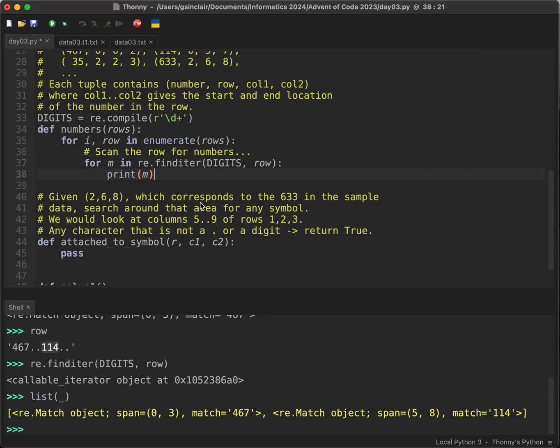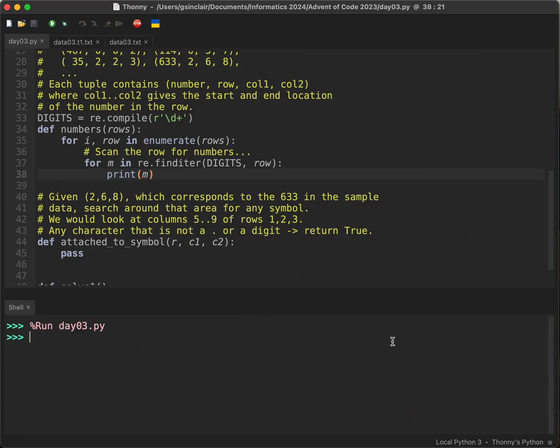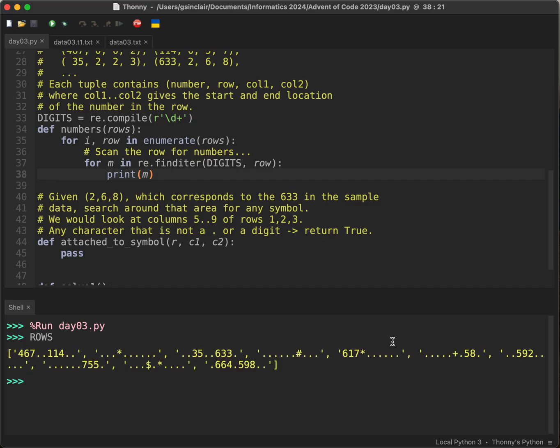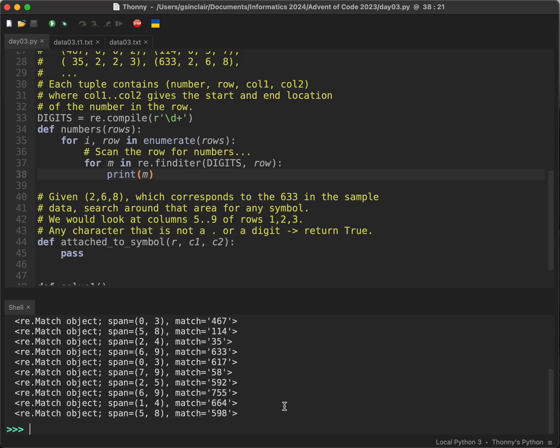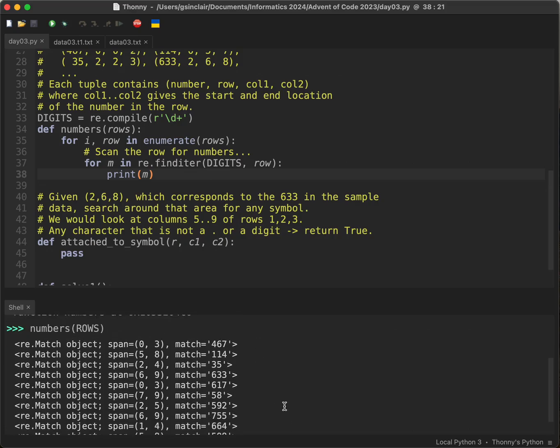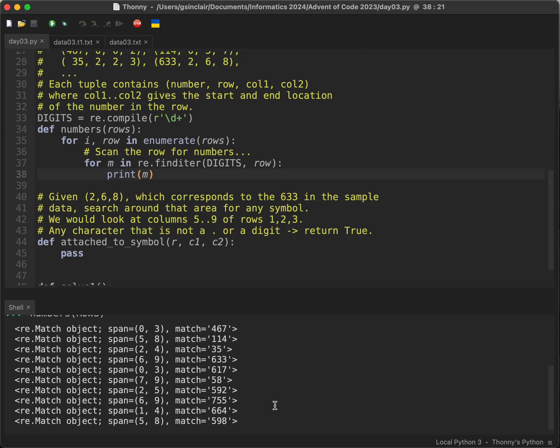So I'm going to recompile, refresh my code. Remember I've got rows here, and I've got a function called numbers, and I'm going to call numbers on rows, and it's going to print the match. It's going to print every match that it finds, and there we are. So we've found every number in there, and we know where it is on the row,